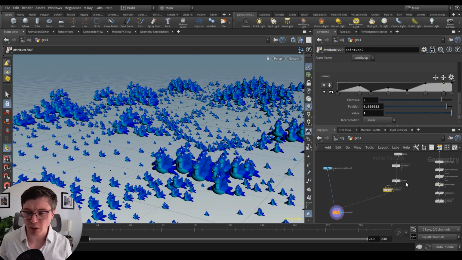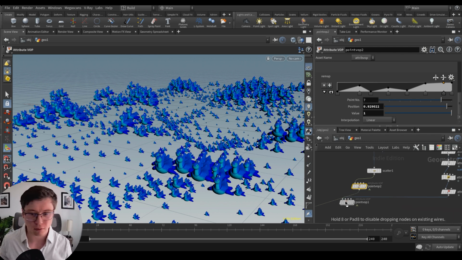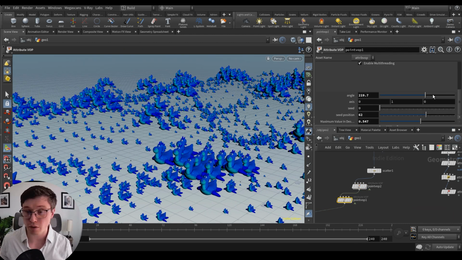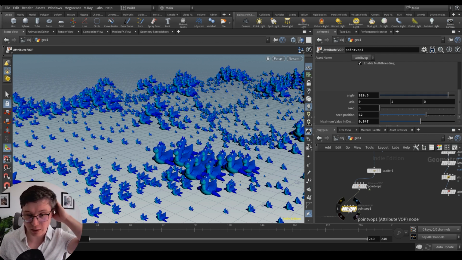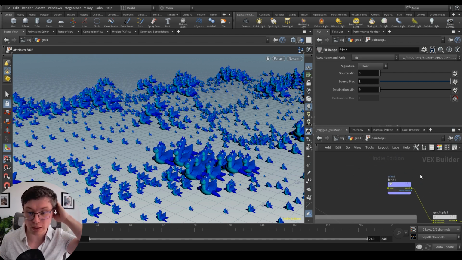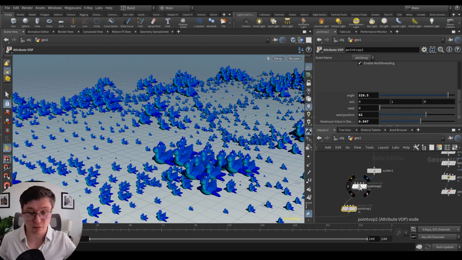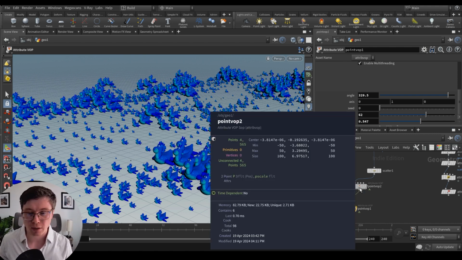Well, obviously we could introduce some variation in terms of axis. Right now there's nothing because it's expecting this orient attribute to exist, which right now in the system doesn't. You see that there's no orient attribute, it's just P and pscale.